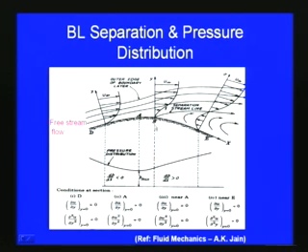Now consider a section at S where the separation already starts. The separation streamline is here, and the velocity changes like this. If you plot the velocity gradient, del u by del y at y equal to 0 will be 0 at S, and del square u by del y square will also be 0 at this location. Then the flow separation takes place. From here onwards, after the pressure minimum, the pressure gradient increases, and dp by dx will be greater than 0.